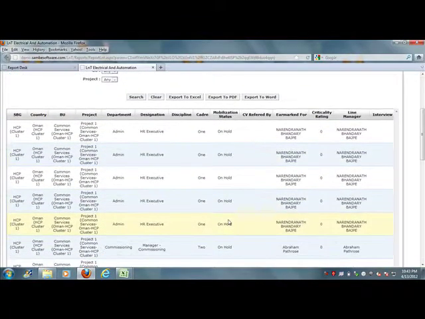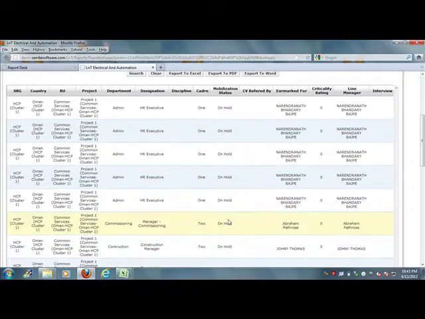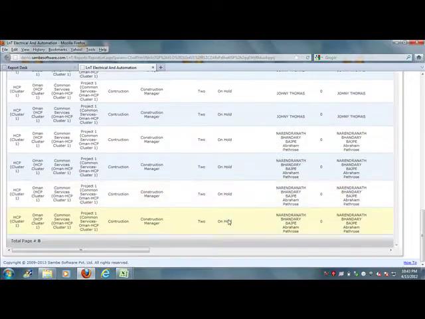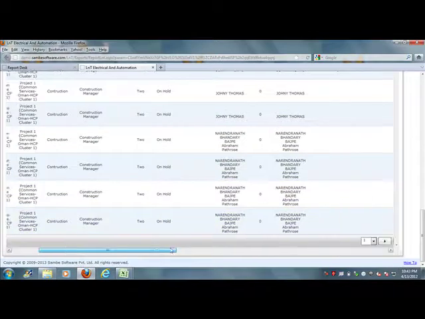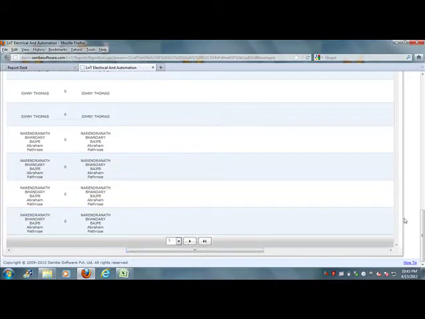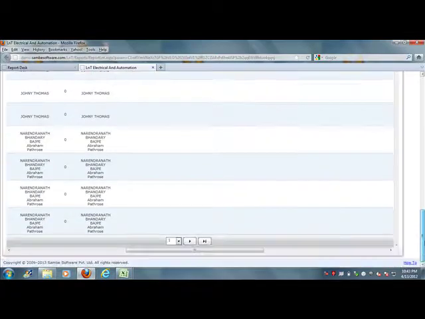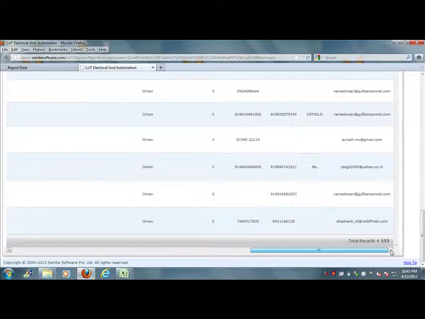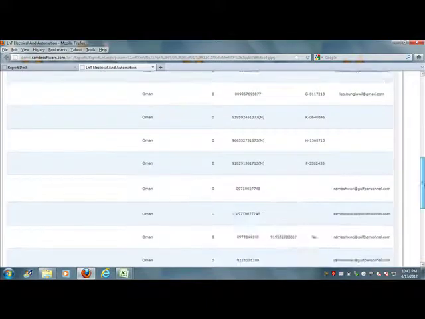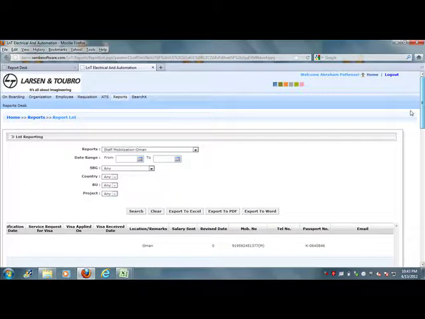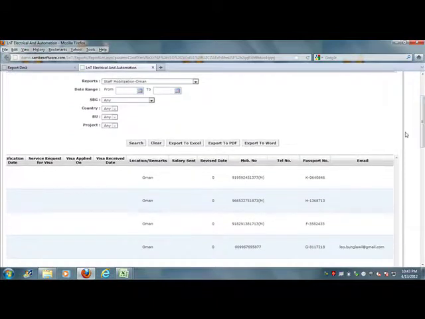CV referred by, earmarked for criticality rating, line manager. Interview date, contract issue date, tentative date of joining, passport plus photo receipt, medical certification, receive date, service request for visa, visa applied on, visa receive date, salary sent, location, remarks, mobile number, telephone number.